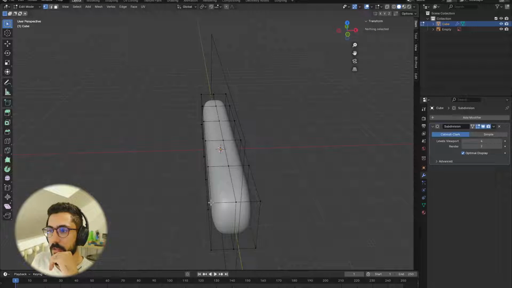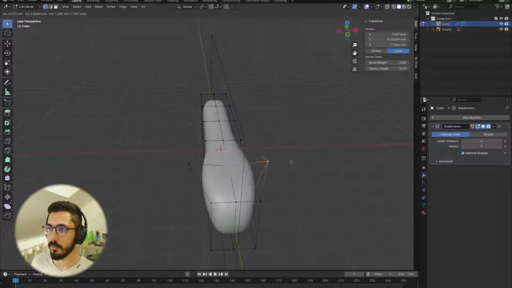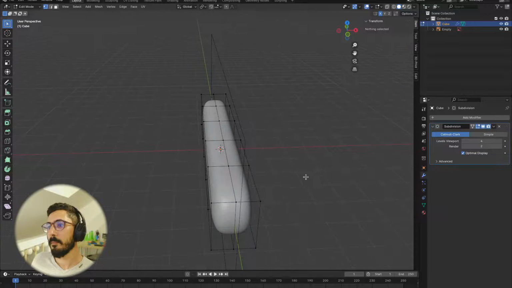I can either delete all these vertices and add a mirror modifier to keep it symmetric, or I can click here at the top. This is mesh symmetry, and I can select symmetry on the x-axis, and now if I move this, for example, it's gonna move the other one. Now,